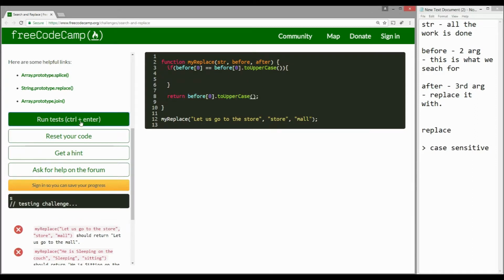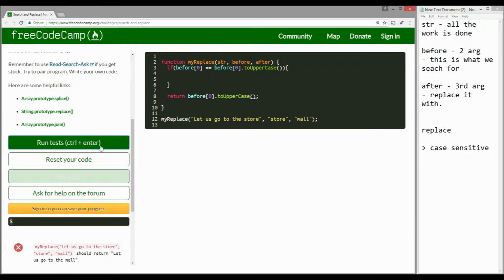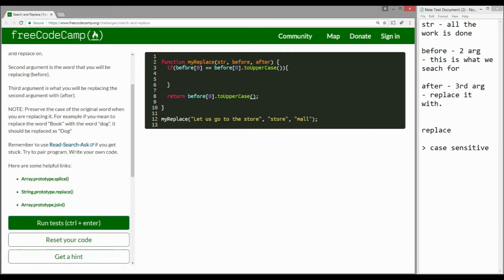So I'm just going to run it. As you can see, it turned to uppercase. So all I'm doing is checking if the pre-existing character is equal to the uppercase version of the character, at which point we know that the first character is case sensitive. All we're going to do is, after equal to, manipulate the after word too. So after[0].toUpperCase()